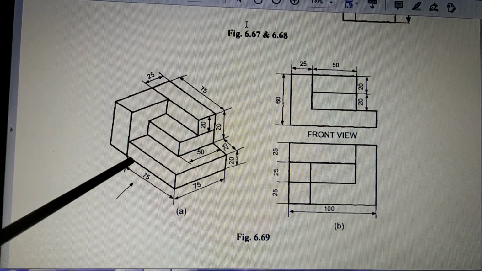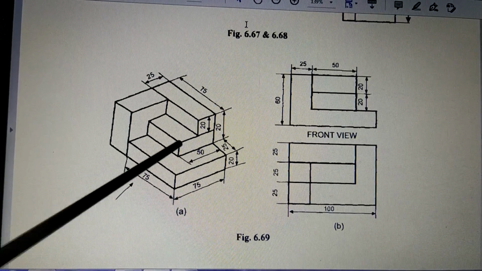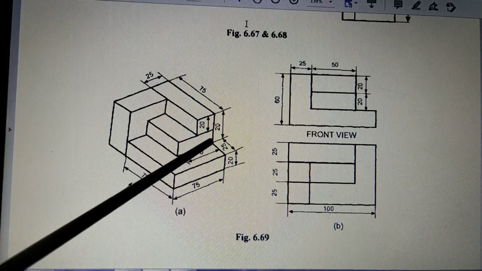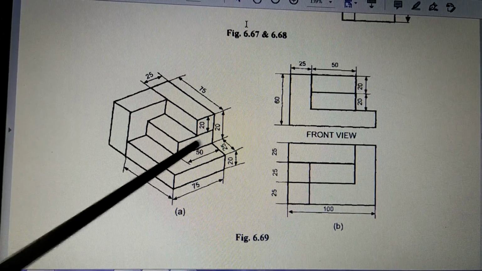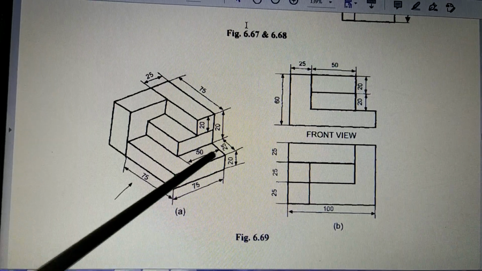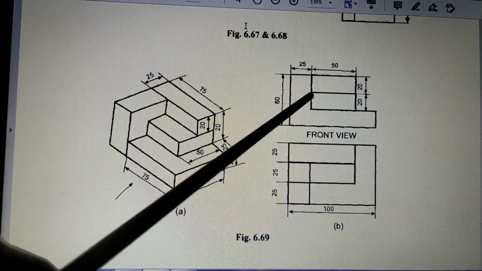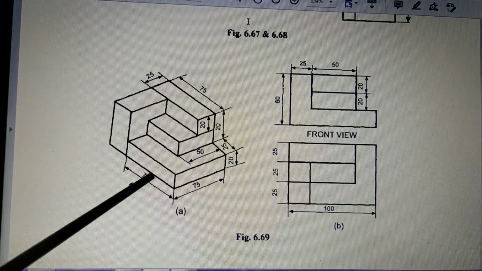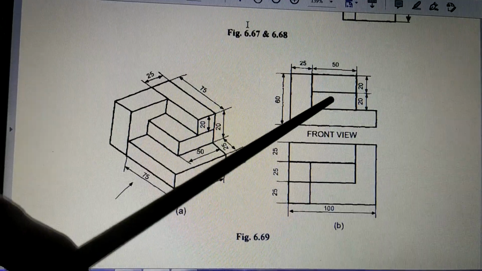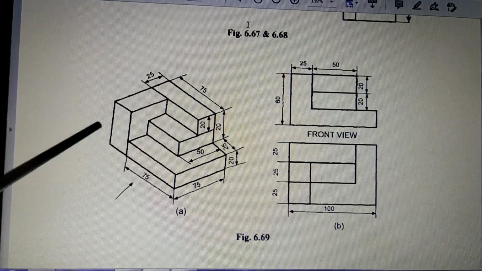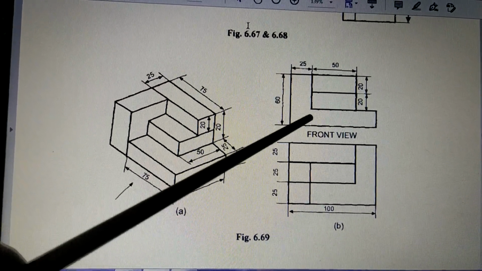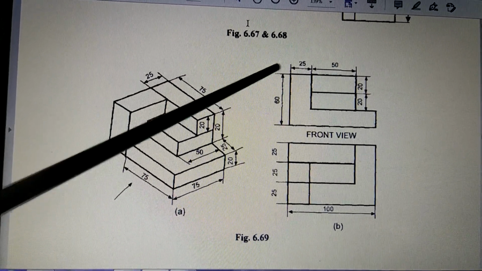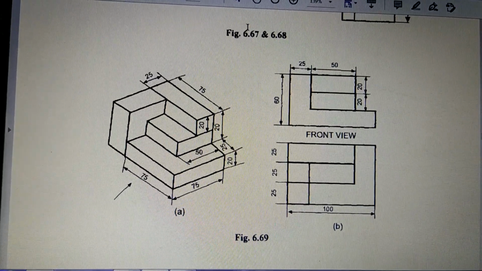Now after this surface, you can think of drawing this surface because that is also seen. So this surface, if you see, this 75, out of that 25 is gone. So this is 50. So from here to here 50, and then height is 20, so this is 50 by 20. Then the next is again 50 by 20. So the height is 20, 20, 20, total is 60. So these two rectangles, they are these two. So which is the surface you have seen? This surface, this surface. This surface, this surface. This surface, this surface. Okay, so that becomes the front view.